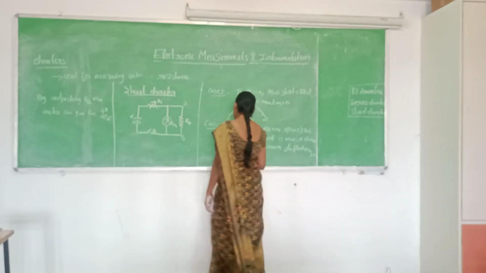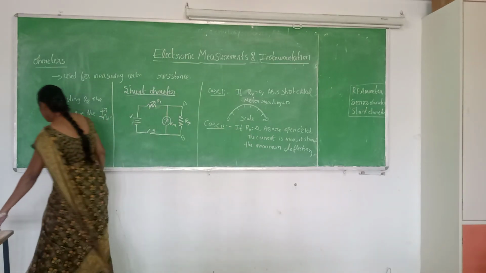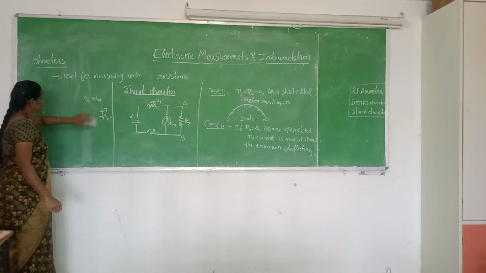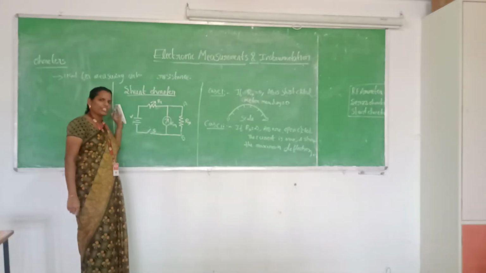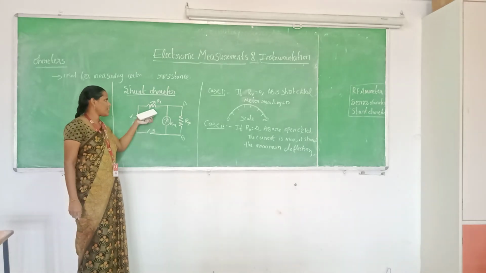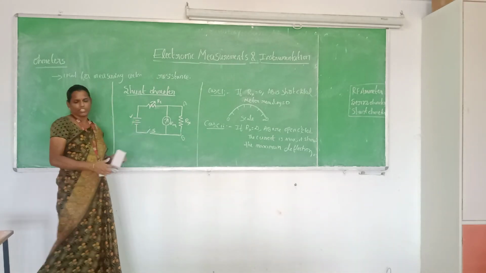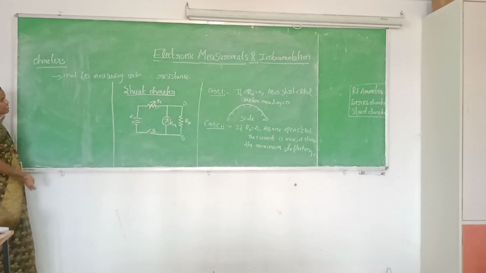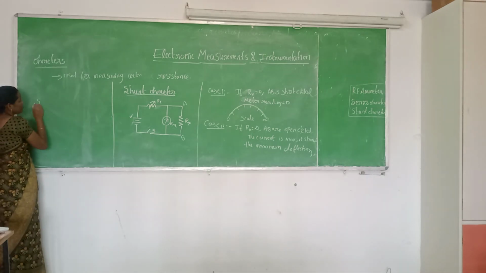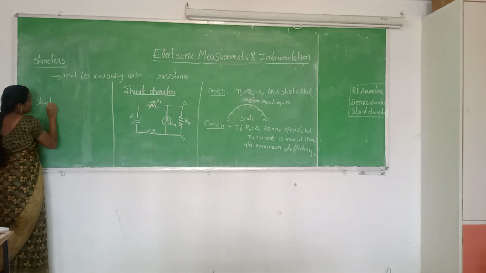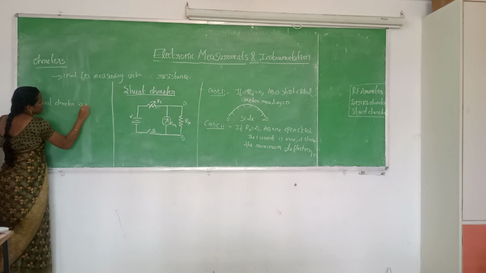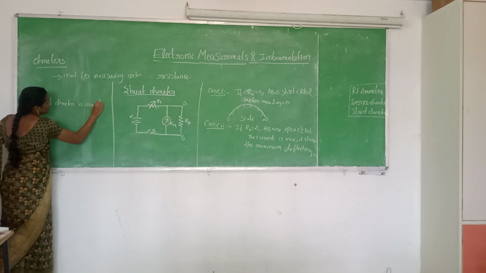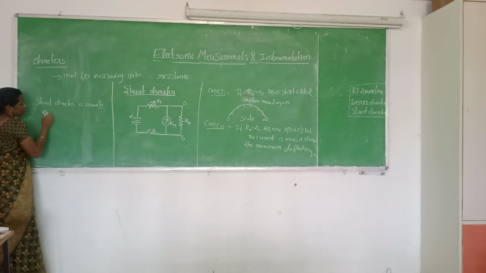In the previous case we had the variable resistance R2. In this case we have the variable resistance R1. This shunt ohmmeter is mainly used for measuring